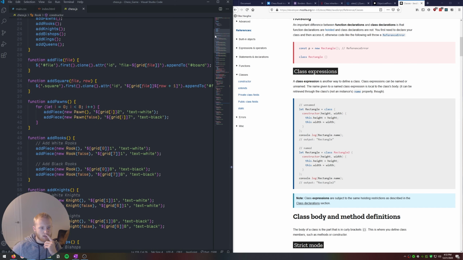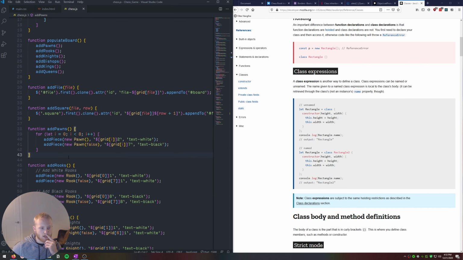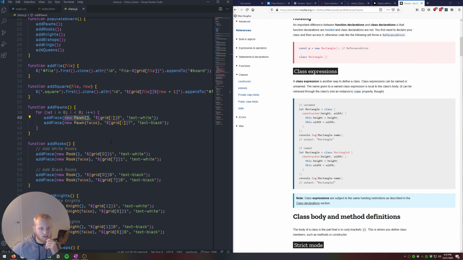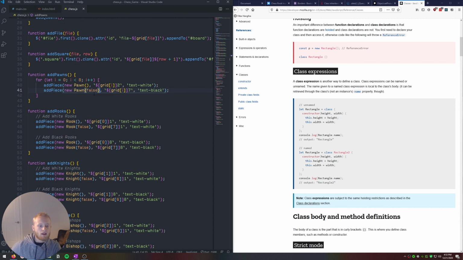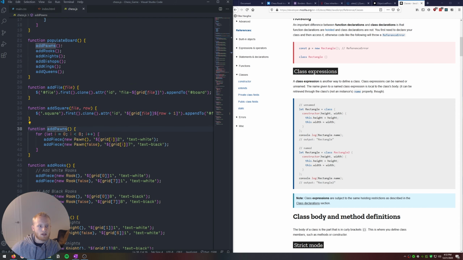So then what I'm doing is my functions for actually adding those pieces are now creating a new instance of each of these classes. So I'm creating a new pawn, and then here I'm creating a new pawn, and this false is just saying that, hey, it's actually a black pawn. And what this is giving me, well, I guess the other thing that I'm doing is,